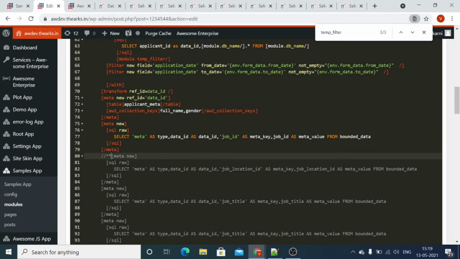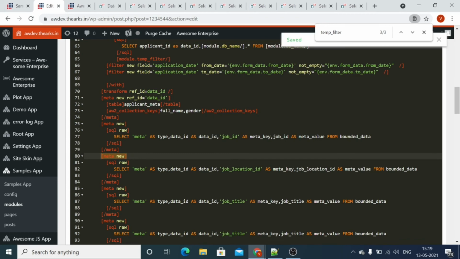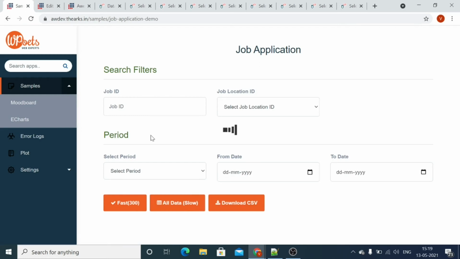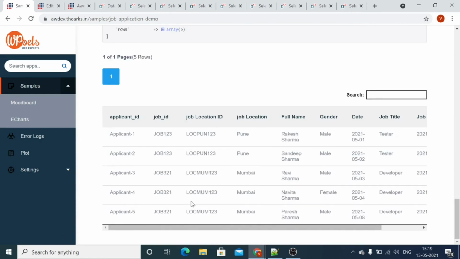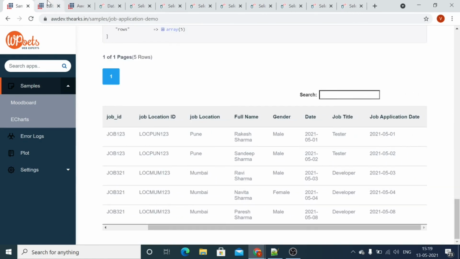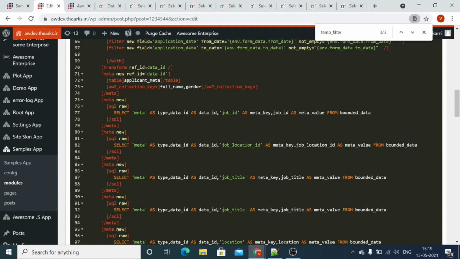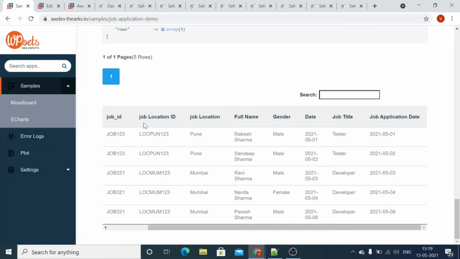Now we will remove this one and let's shade that one. Now this is our query where we can use the add meta new. We are creating the SQL to fetch the data from our generated query. Now let's check how the query is looking.